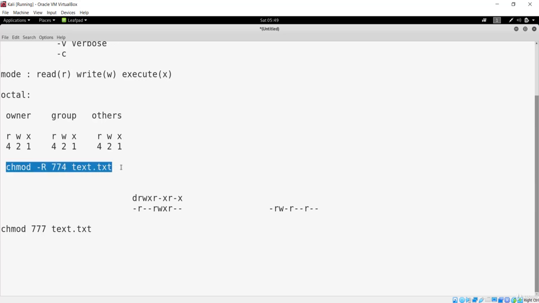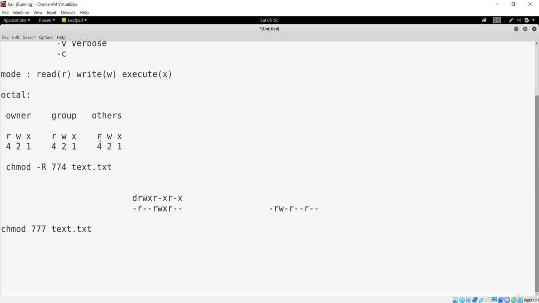So let me just copy this, which refers that we are doing these changes in the recursive mode, and 7 means this file can be read, written and executed by the owner. Another 7 means this can be read, written and executed by the file group, and only 4 means